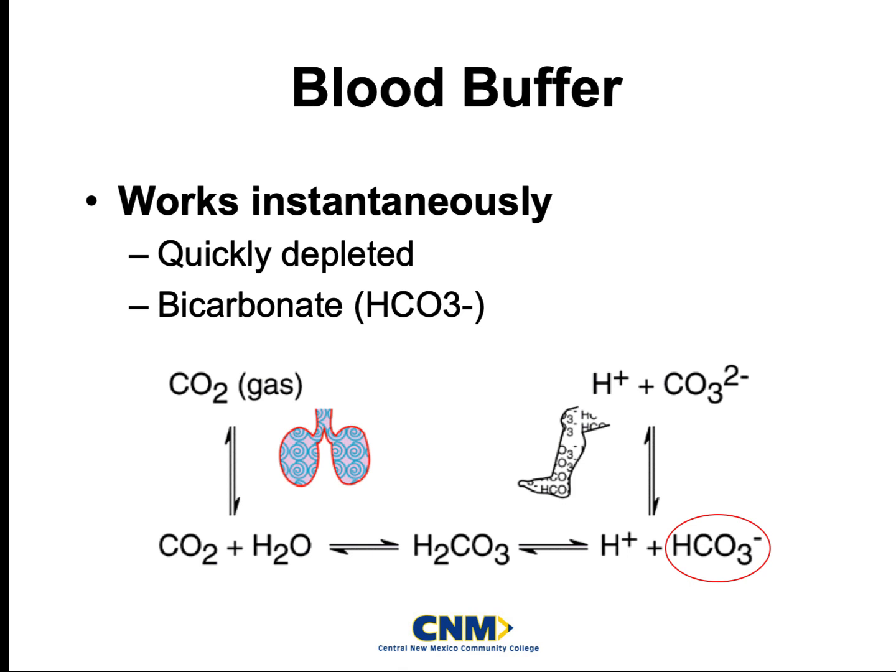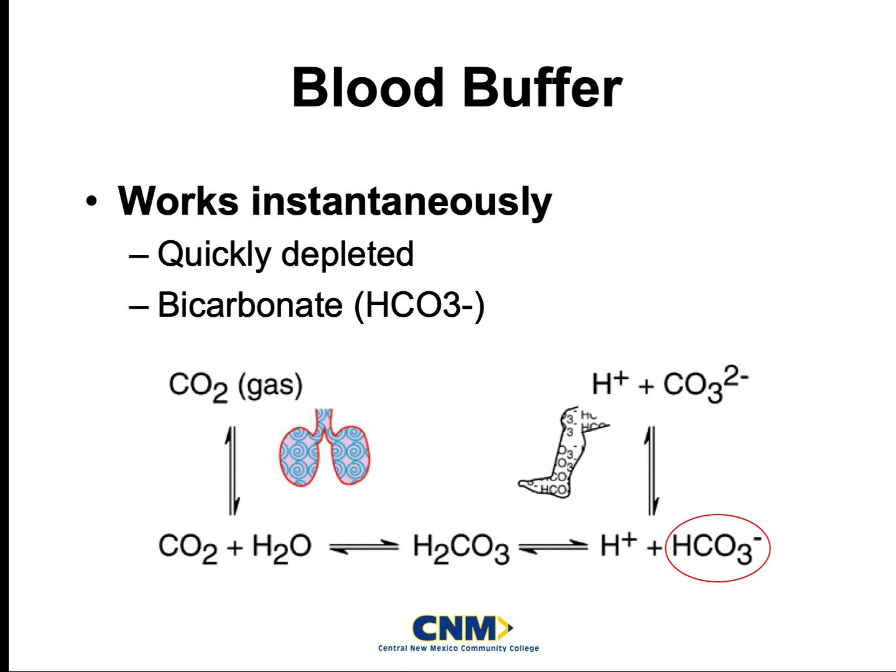So if the body converts that carbonic acid, the H2CO3, into water and CO2, then the lungs are what dispel the CO2 from the body. Okay, it gets rid of the acid that way. However, if the carbonic acid is broken down into the H plus, which is the true acid in our body, known as the hydrogen ion, and bicarb, then that is when the kidneys kick in to pee out the hydrogen